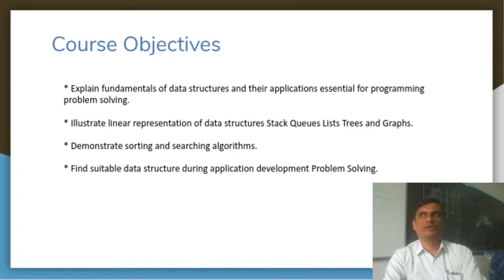Say if you have been given the problem of a simple tic-tac-toe game to be solved on a computer, where whenever the 3 pawns come in line, in a row or in a column or in a diagonal, then the opponent wins. So likewise, if you have been given a problem, what is the kind of data structure that can be used for solving it, and how best can it be solved? Shall I use a stack or a queue or any other data structure, so that I can solve that problem efficiently? That you will be studying throughout the syllabus. So you need to better understand these course objectives.